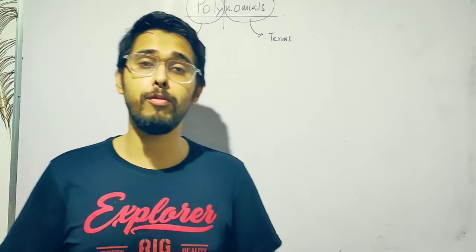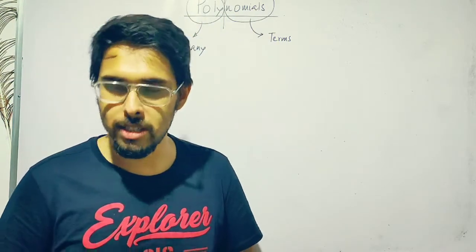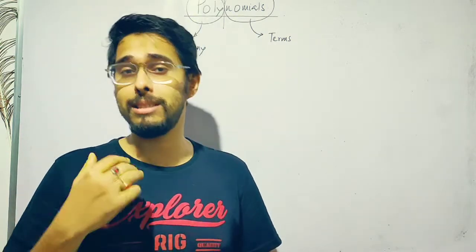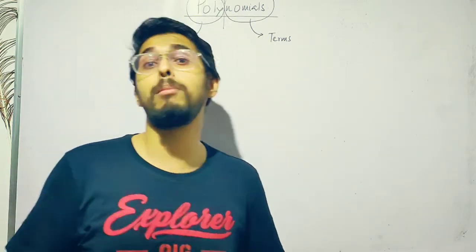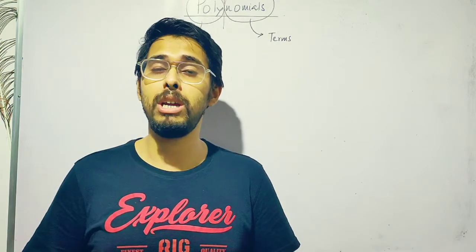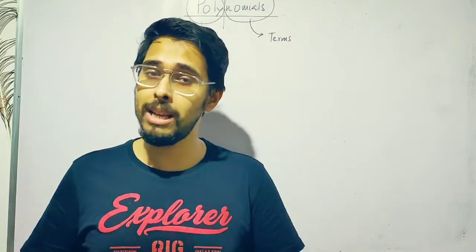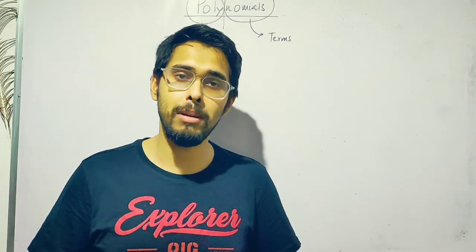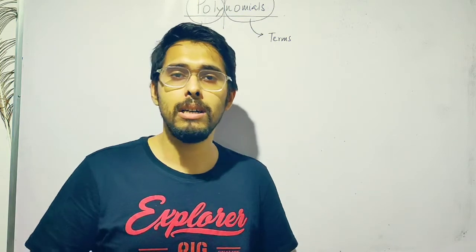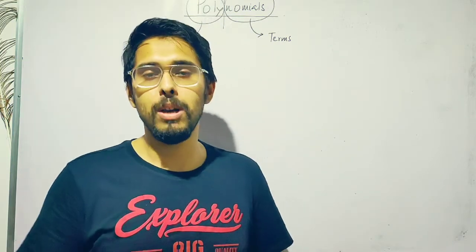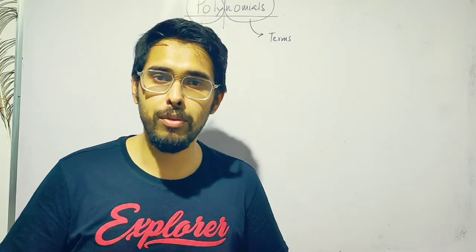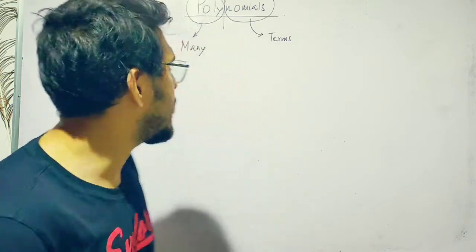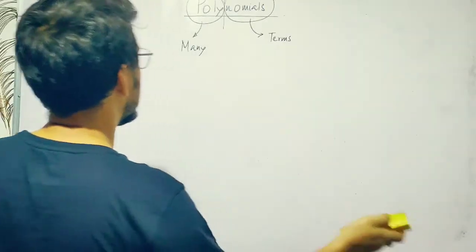Now in divisions of polynomial, there are two ways of categorizing the polynomials. One way is the number of terms, the other way is degree. We have already talked about degree in the previous video where we talked about solving linear equations. If you haven't seen the video, please go and watch it. The link should be in my description or in the card above on the top. There I have already demonstrated degree. Okay, so let us start with the polynomial classifications first of all.